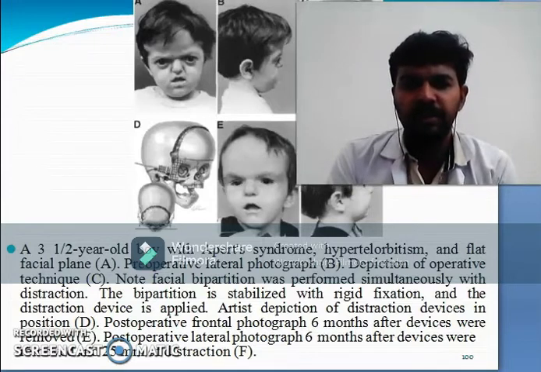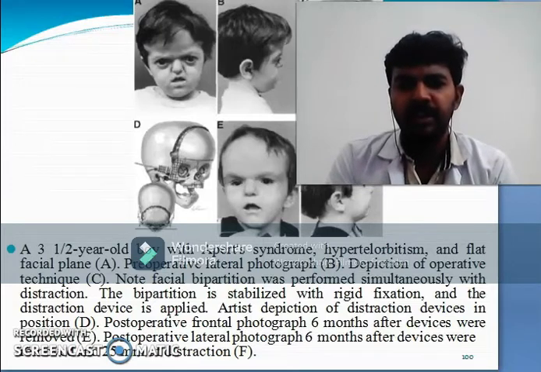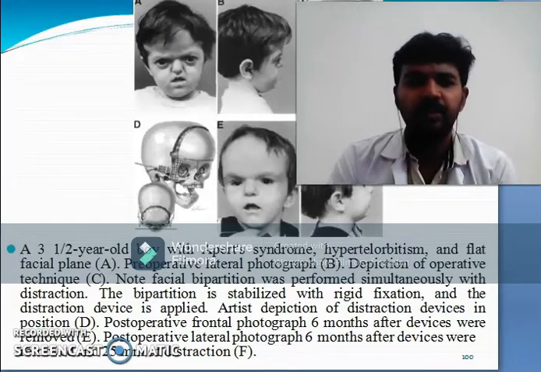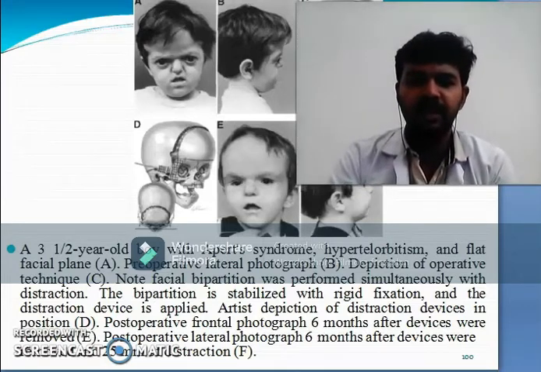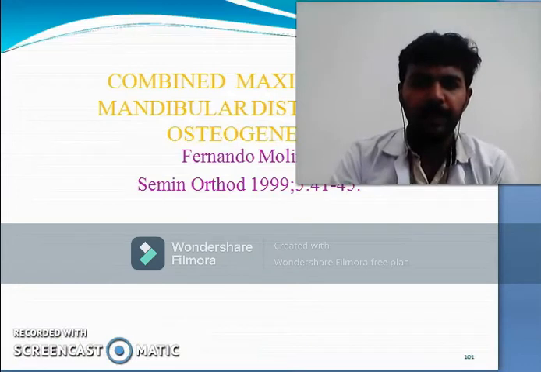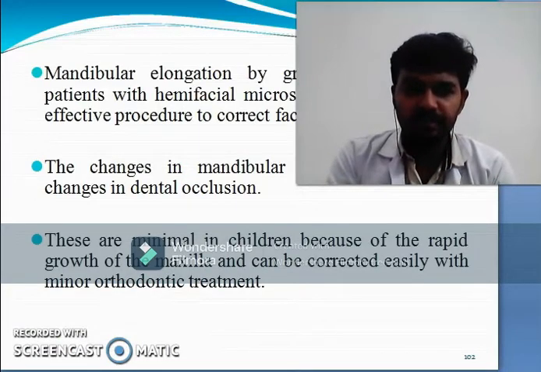The postoperative frontal view, which is 6 months after the devices were removed. Postoperatively, the lateral photograph 6 months after the devices were removed, and 25 mm of distraction was done. The combined maxillary and mandibular distraction osteogenesis. The mandibular elongation by distraction